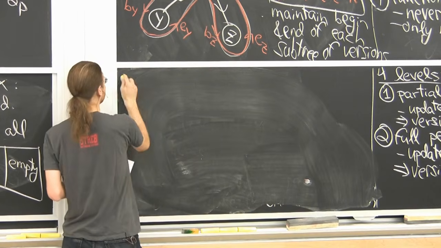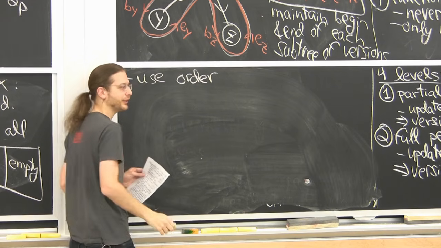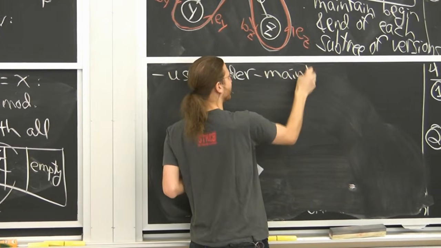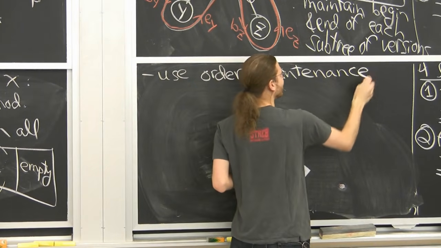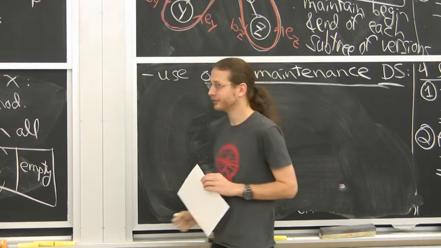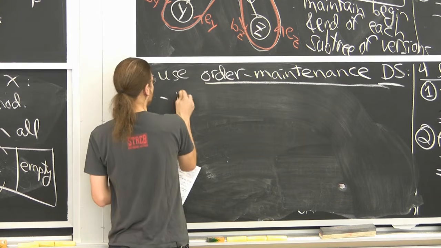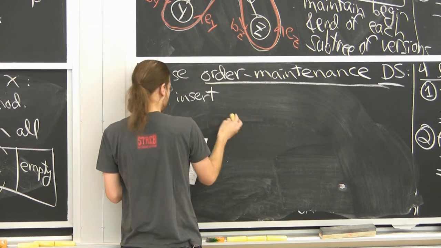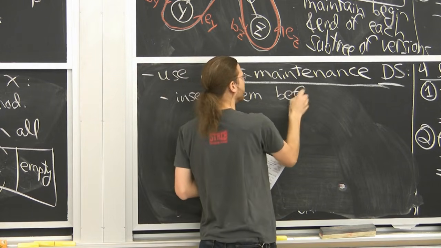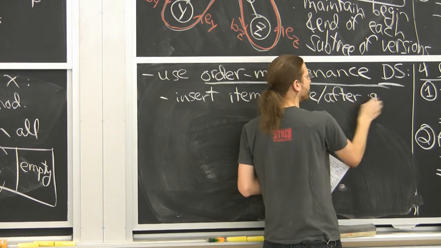So we're going to use a data structure we haven't yet seen. It will be in lecture 8. This is a time travel data structure, so I'm allowed to do that. So, the order maintenance data structure. You can think of this as a magical linked list. Let me tell you what the magical linked list can do. You can insert, I'm going to call it an item because node would be kind of confusing given where we are right now. You can insert a new item in the list immediately before or after a given item.